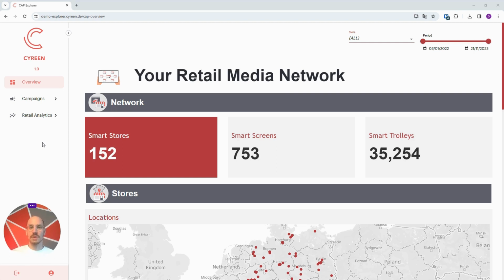It tells you about the size of your network as well as the reach of your network and where your different stores are located. The dashboard itself is structured similarly to any of the dashboards on the Cap Explorer. Normally it has headers for the different sections and then really important KPIs that give you deep dives on your retail media network. So first you can see the network itself, and you can see here how many stores